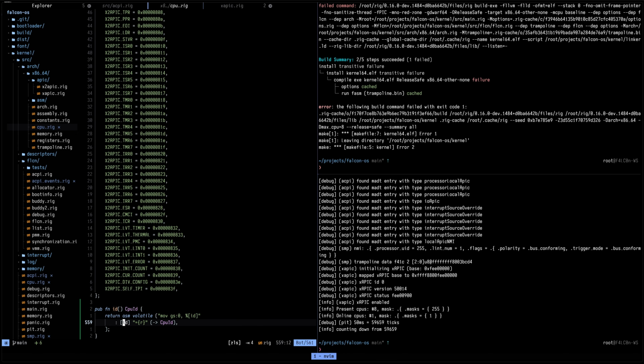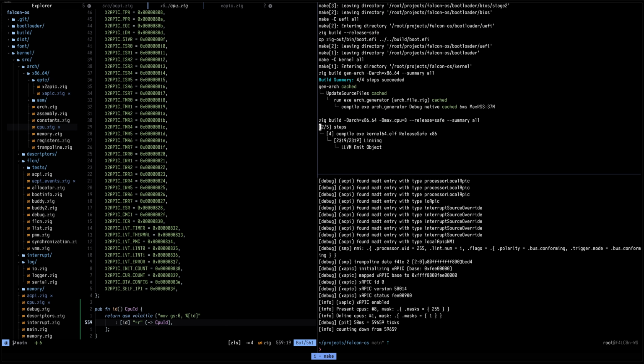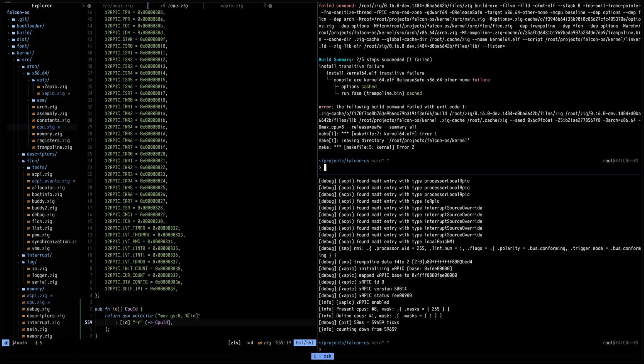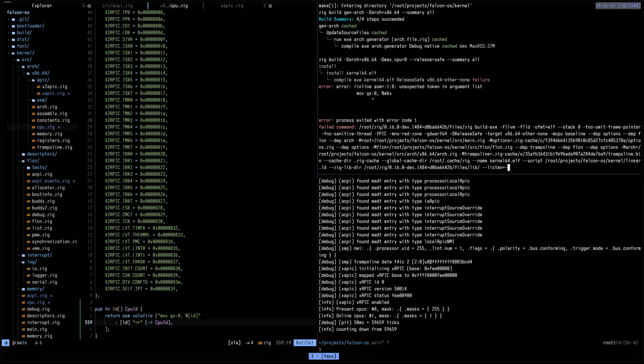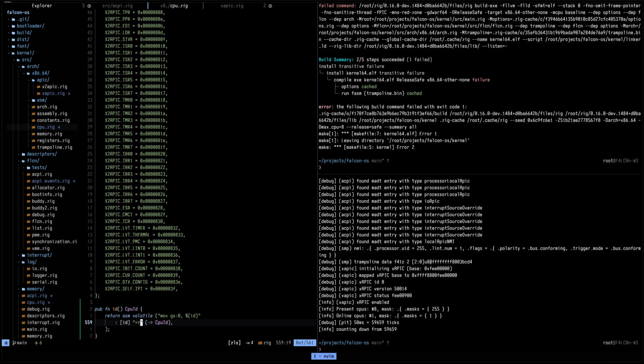So why does it not work? So I don't really need to do this unless I specify the name of a register. So unexpected token in the argument list. Oh,